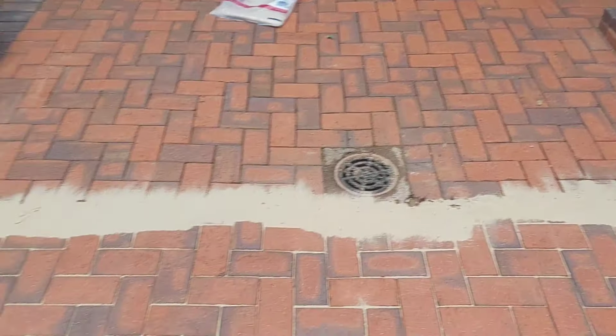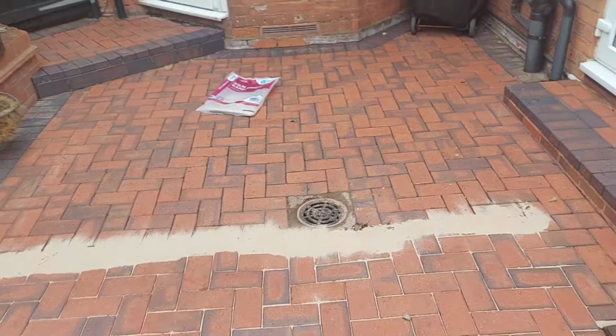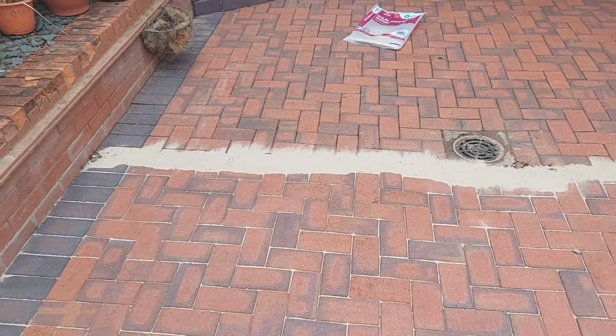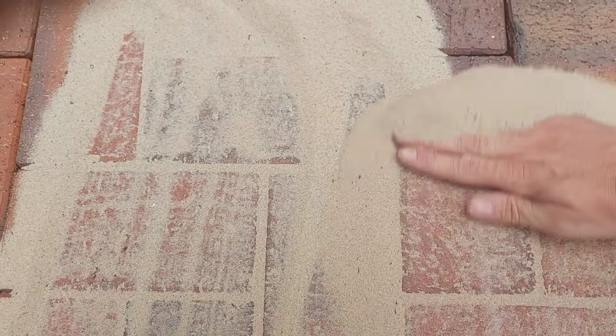What I like to do is go in a line like that. It doesn't matter if it's a small patio like this or a massive drive. The process is still exactly the same. Nice straight line, and just sweep it into the cracks. Some holes will be bigger than others. Some of the gaps are bigger than others. But as you can see, once you push that in,